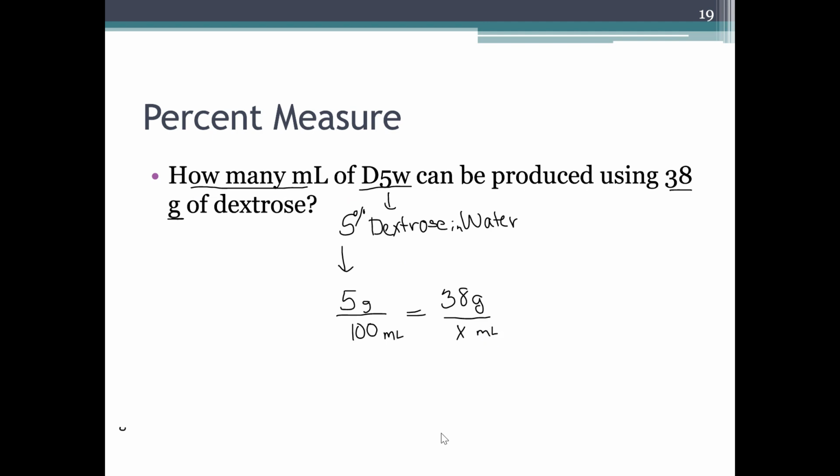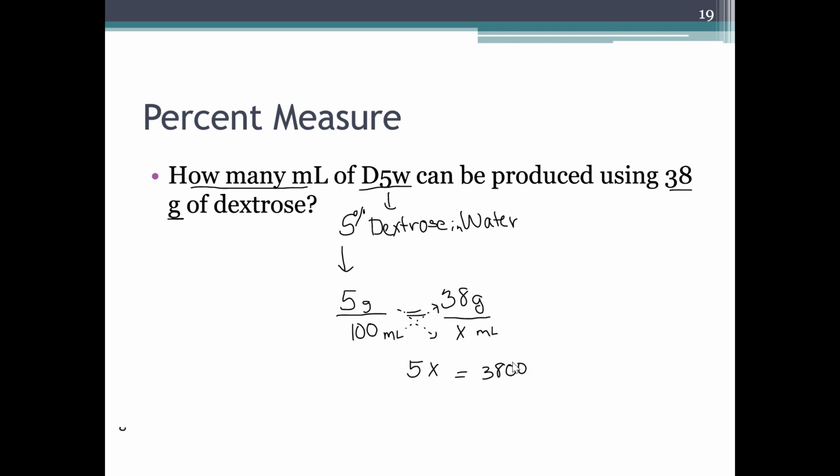And so from here, we have a simple cross product because we've set up a proportion, equal ratios. We just need to know what number for x will make them equal ratios. And so when I use cross product, I multiply diagonally. So I have 5x on this diagonal. And then I multiply diagonally this way, equals